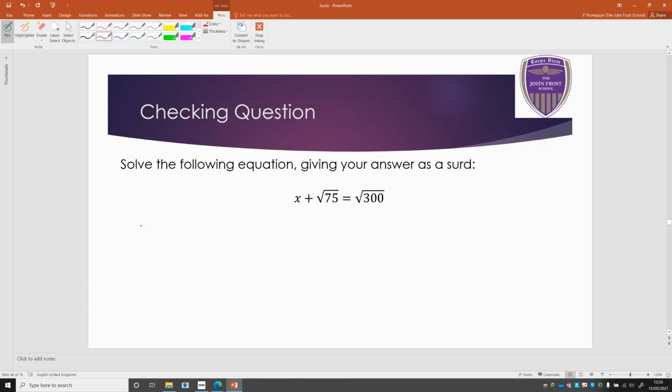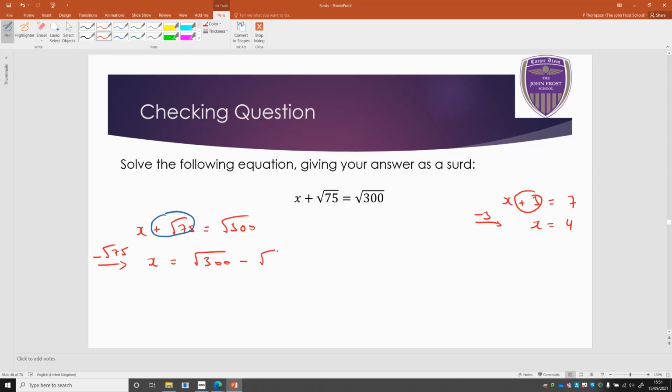Okay, welcome back. So I'm going to write this equation down again. We've been asked to solve this now, which means to work out the value of x. Remember, normally, if I had an equation like x plus 3 equals 7, to solve for x, I would just take the 3 away, because I'm doing the opposite. And so x will be equal to 7 minus 3, which is 4. Now on this one, I will just take root 75 away, do the opposite. So if I take off root 75, I get x is root 300,